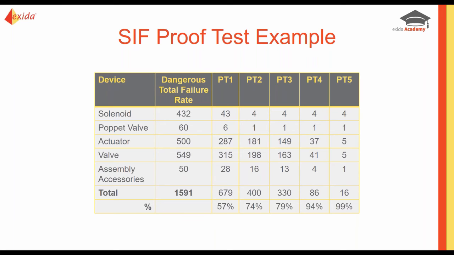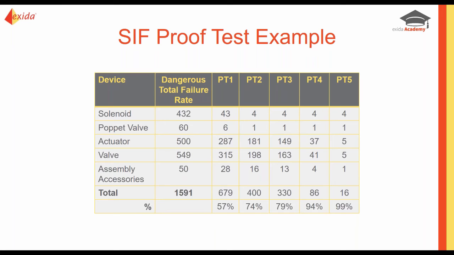So, for example, I did proof test 1. Remember, that's your partial valve stroke test. You're just moving it a little bit of the way to break those bonds. For your solenoid, you still had 43 dangerous undetected failures. For your poppet valve, you had 6. Your actuator had 287 dangerous undetected failures left. Your valve had 315, and your mounting and coupling were 28. So, just doing your partial valve stroke test, you were able to find 57% of those dangerous undetected failures, which is